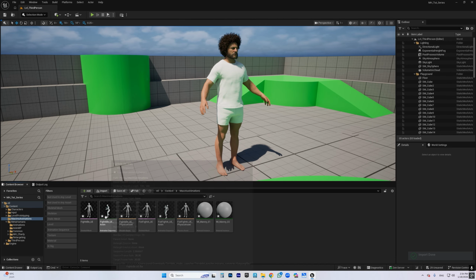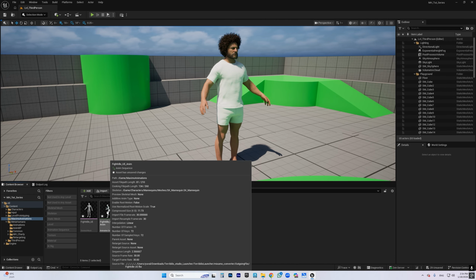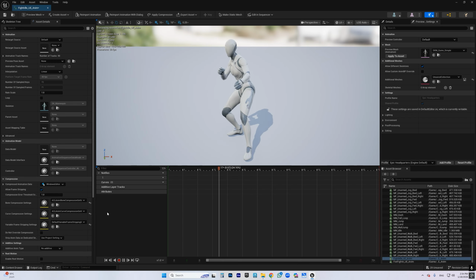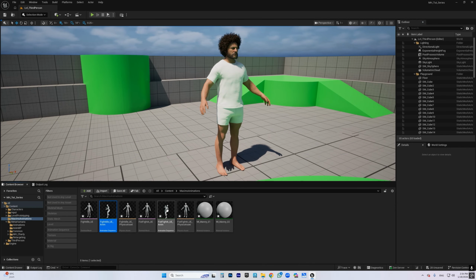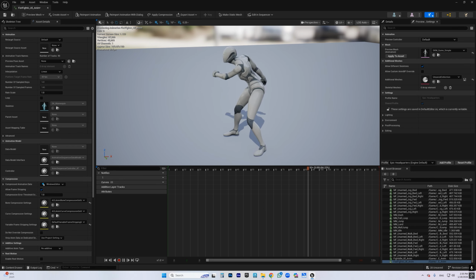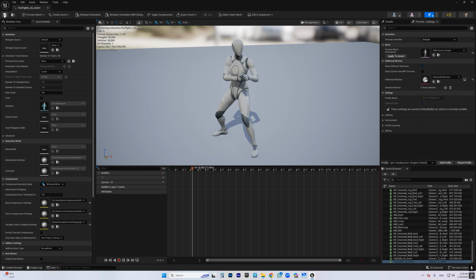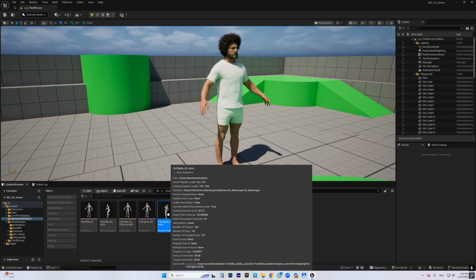And now we have animation sequence and animation sequence again. So let's try watching these animations we imported. First one looks good. And the second one looks good. Yep, looking good. Okay, the last thing we need to do is to retarget these animations from the mannequin, from Unreal Mannequin, to